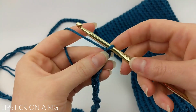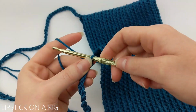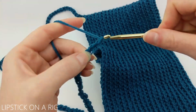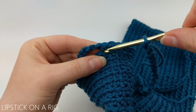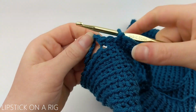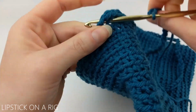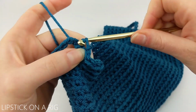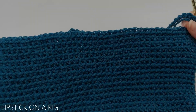Once you've gotten your chain so that it goes all the way around your basket easily, then you're going to add about 15 chains. Then just insert your crochet hook back in that same back loop where you began your chain loop, and yarn over and drop all the loops on your crochet hook for a slip stitch. So from here, we're